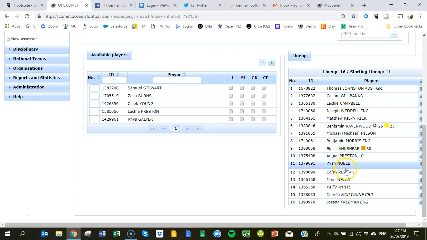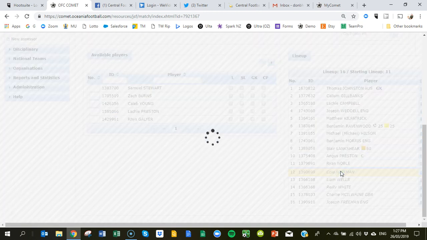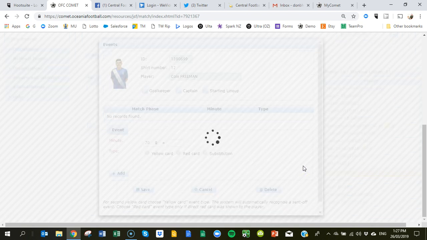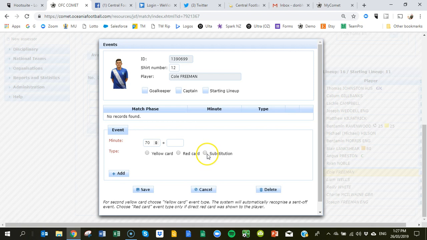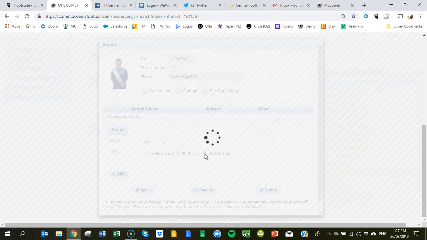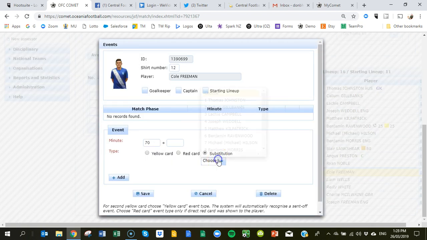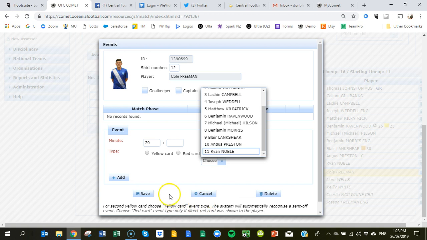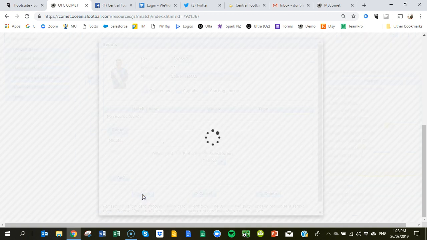Another good thing to note is you can't put a goal or a yellow card next to a player that hasn't been substituted onto the field of play. So to do a substitution, pick the player coming on and select them. Again, type in the minute that they are getting substituted on. Now here you indicate that they're a substitute, and now you just choose the player that they're coming on for. Let's go with this guy here, and if we go save,